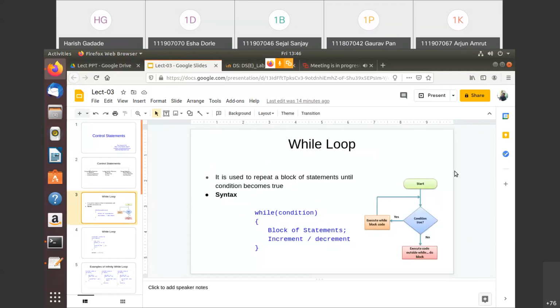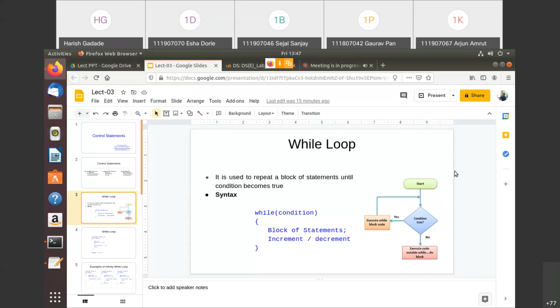Now here first we'll see the while loop. See, it is used to repeat a block of statements until the condition becomes false. This statement is true for while loop, do while loop, and for loop. For all these three loops, that statement is the same. This loop concept is used to repeat a block of statements while the condition is true, and when the condition becomes false, it will exit from that loop.